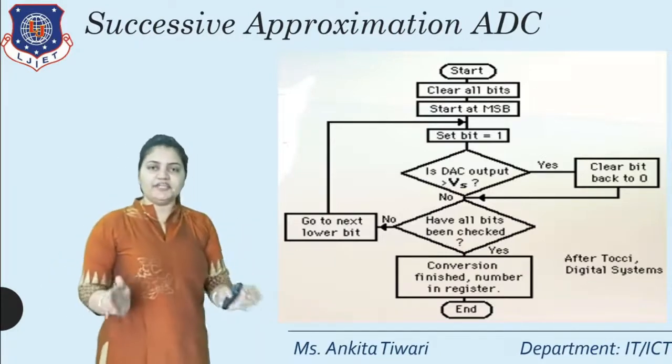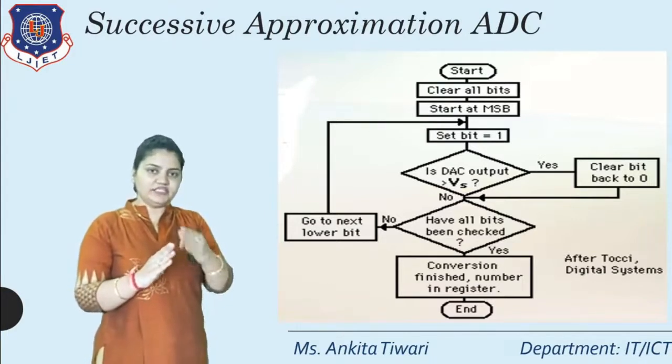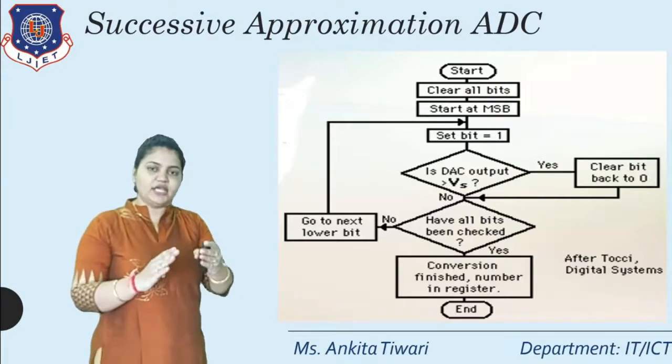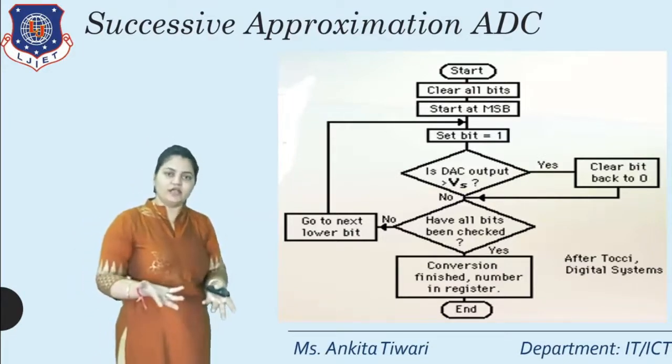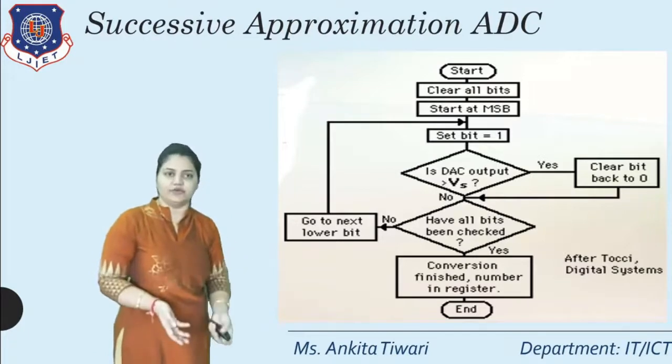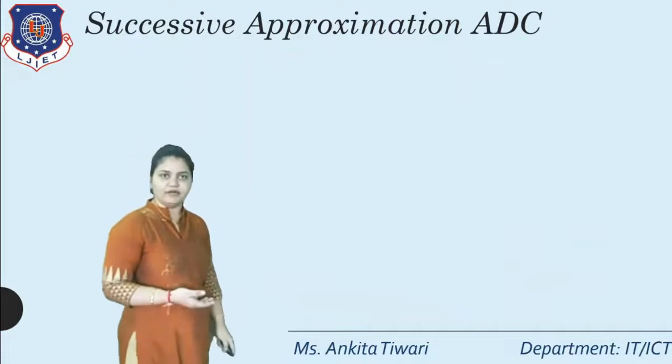That means if it is getting an equal value, because we are counting at each step, we are supposing each and every condition. If we are getting at some position that it is equal, that means the process is over. If it is not, then only then we will continue. So this is the flowchart of the successive approximation method.